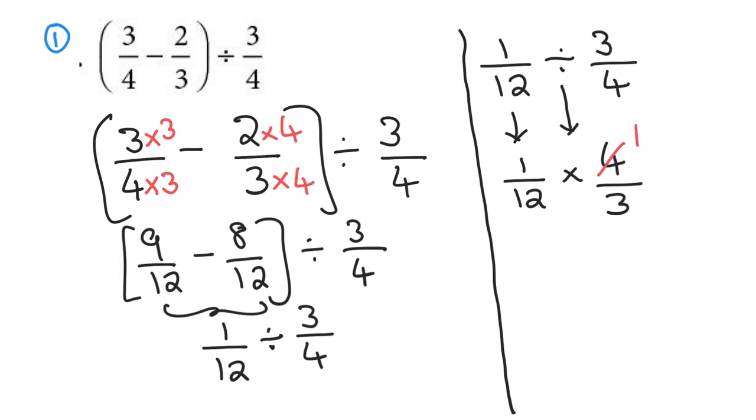4 1 times is 4. 4 3 times is 12. There's nothing we can simplify further. So now we simply multiply the numerators. 1 times 1 is 1 divided by 3 times 3 is 9. That is the answer. So this is how you deal with addition of fractions, subtraction of fractions, multiplication of fractions,